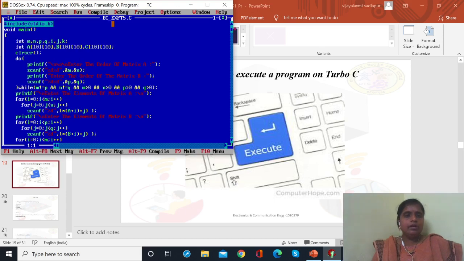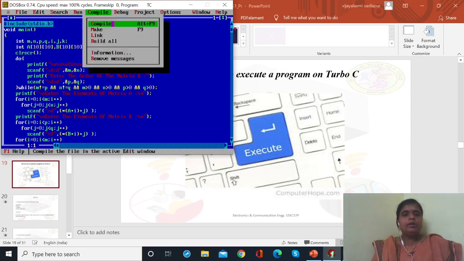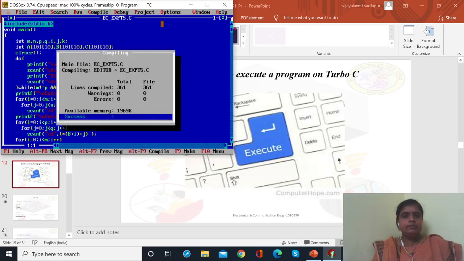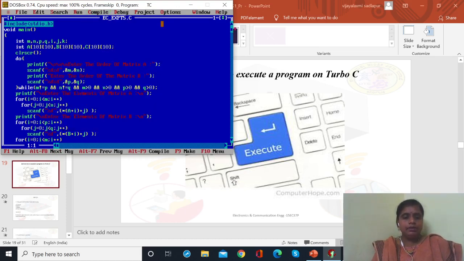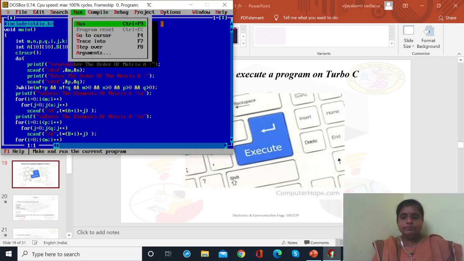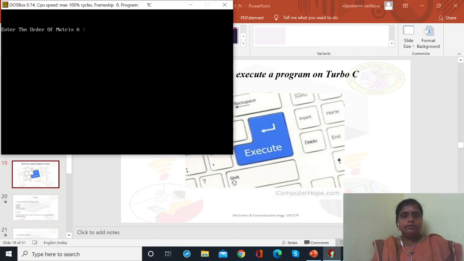Once you save the program, the next step is to compile the program. In order to compile the program, either you go through this menu, or you can use Alt F9. Once the program is compiled correctly, then we go for running the program. To run the program, you can use the shortcut keys Control F9.